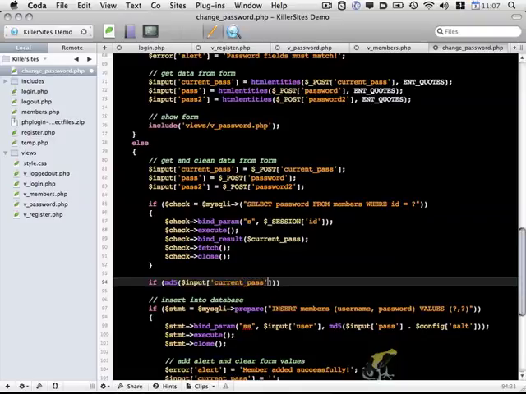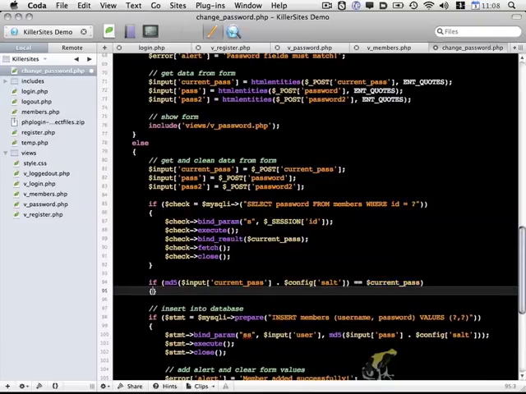So this is the data that's gotten from the form, and we're going to add on to that, excuse me one second. Oh, here we go. Config, we add the salt. So if that's going to equal the current pass, so this is the MD5 hash of the user's current password, and this is the current password that the user entered in from the form. So if that matches,